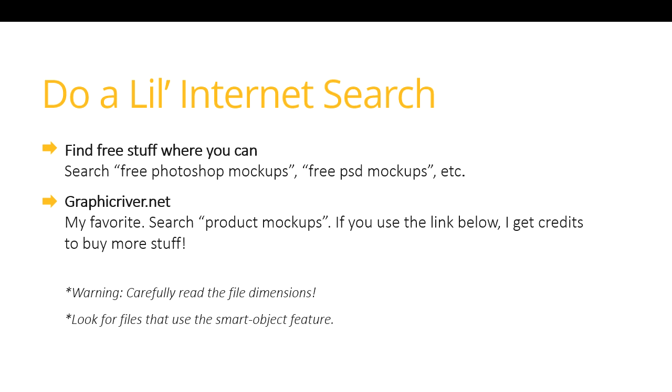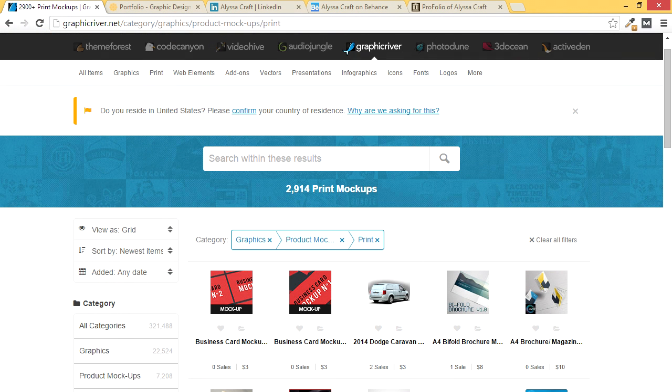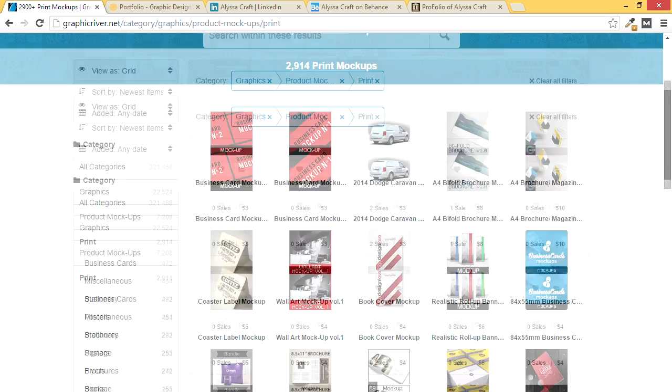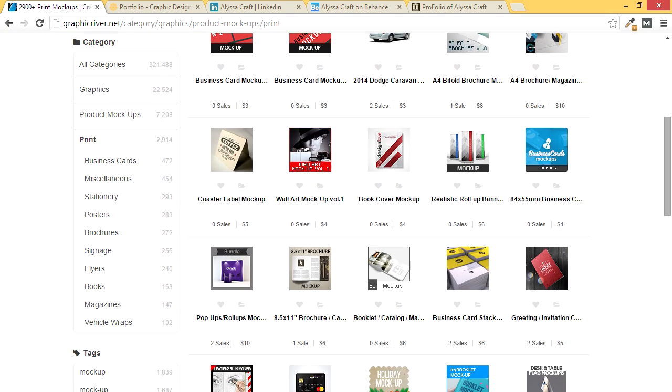Let me show you what this site looks like, if I can jump out of this here. So here's graphicriver.net, and I am in the print mockups category. And you could honestly spend hours on this site, but if you look on the left here, you'll see all the subcategories like business cards, stationery, posters, brochures. And some of my projects had very specific sizes, so